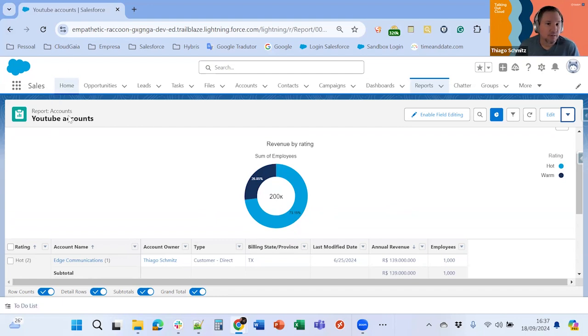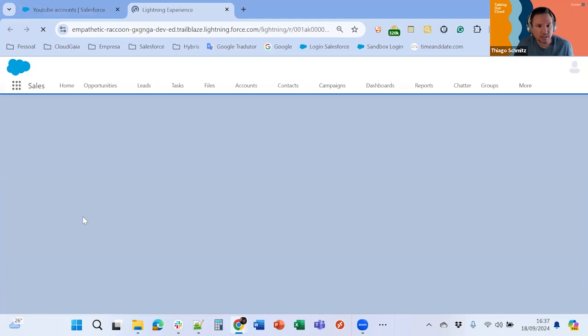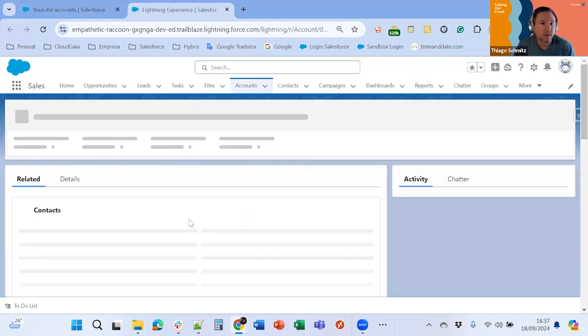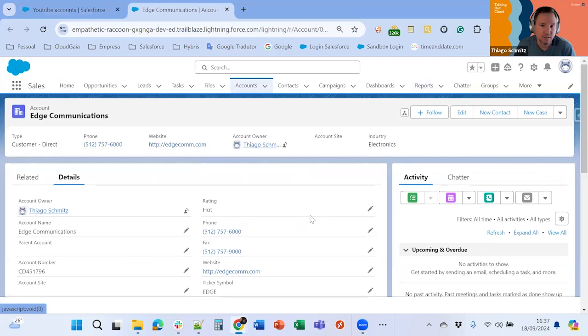You can also add it to a record, of course filtering by the account. For example, let me open the account. You can have this chart inside the frame here,